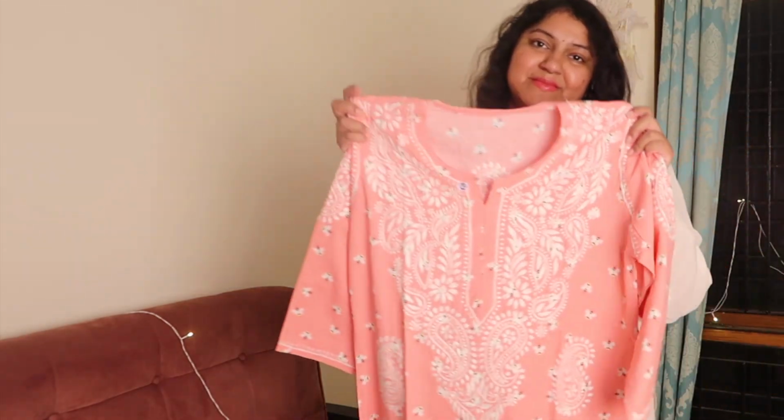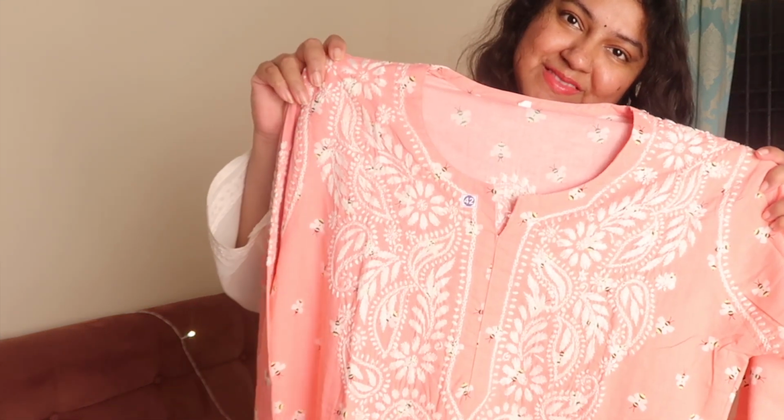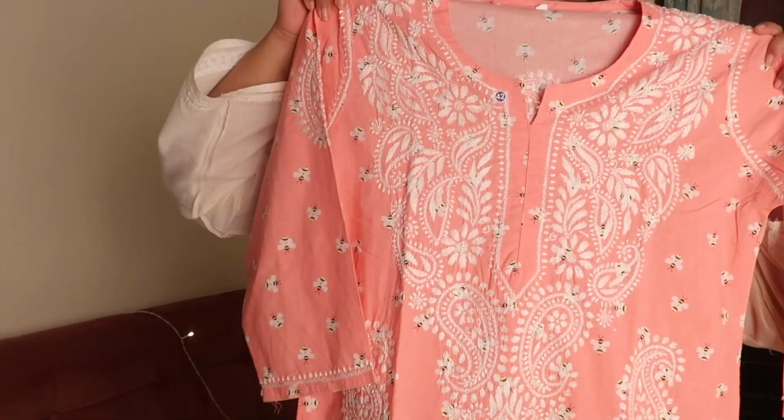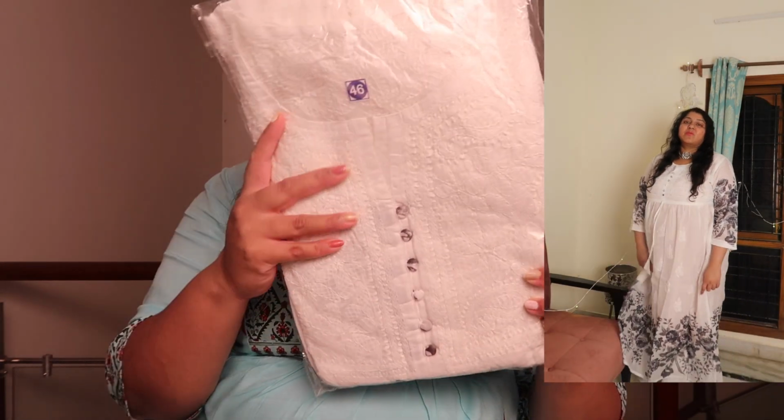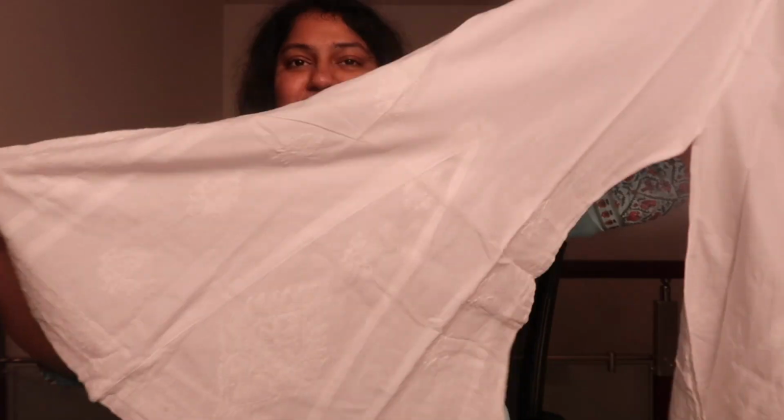This really cute pink one. It has little bees on it. It has honey bees, and it's so cute. There's a basic white kurta which everyone loves and goes with everyone. This one has a little bit of flare, and again looks very beautiful. This one is the trouser. This one also looks very